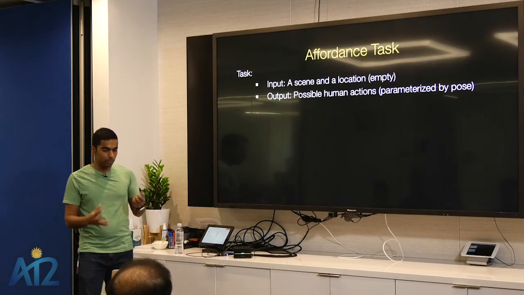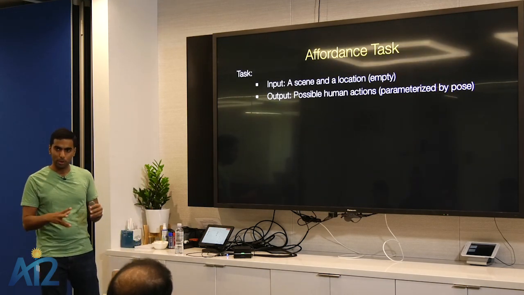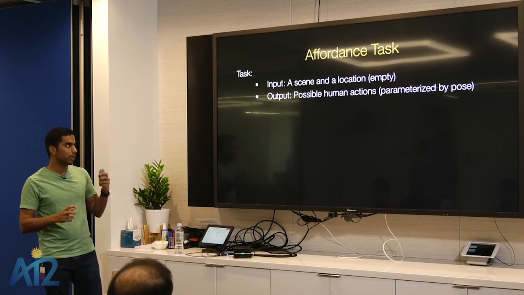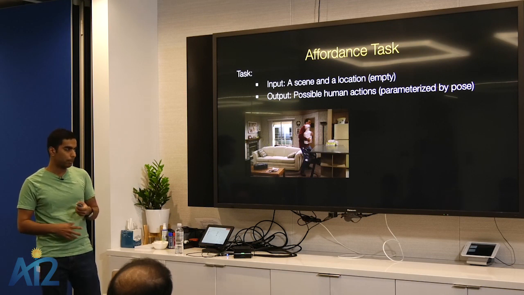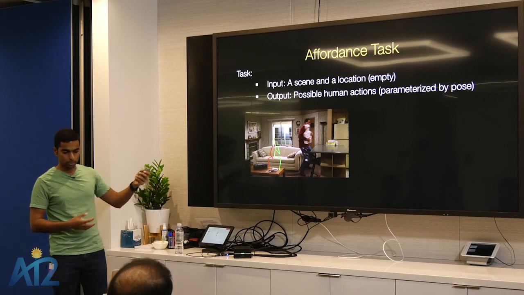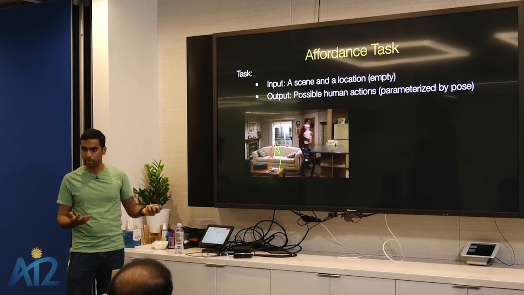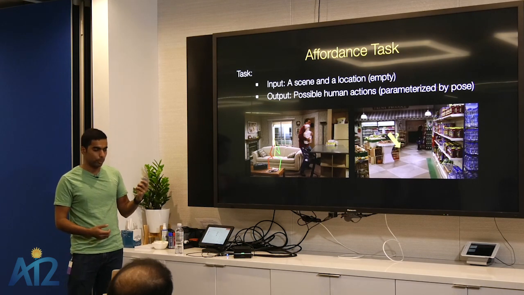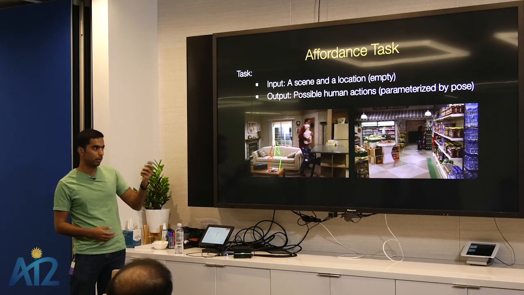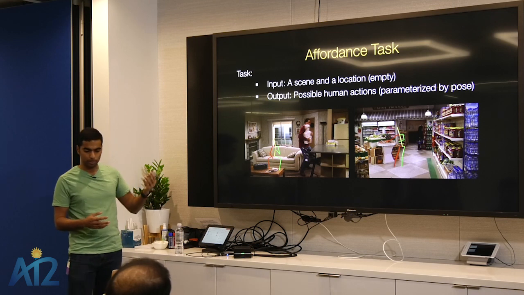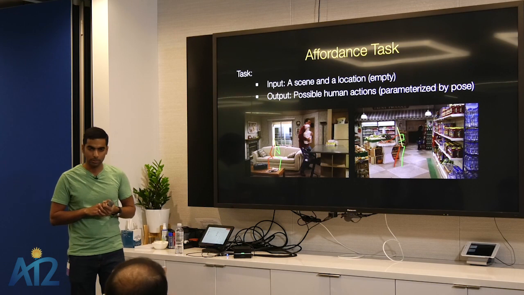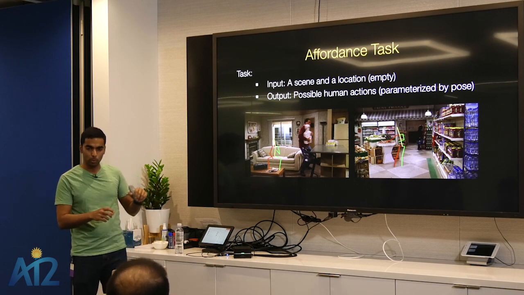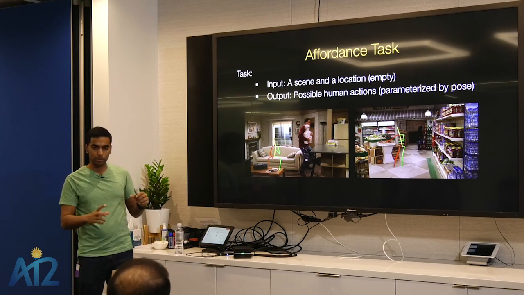Okay, so just to narrow down the specific task that we want to solve: we are given a scene and a position in that scene, and we want to predict what possible actions a person can do at that position in that scene. For example, if we give it the sofa and a position on the sofa, we want to say that somebody can sit there. Another example could be the supermarket scene. Given a position there, we want to predict that somebody can be standing, reaching out to the counter to pick something. Is the input just a point? Yes. I'll talk about how we parameterize the point, but yeah, it's just a point and an image.